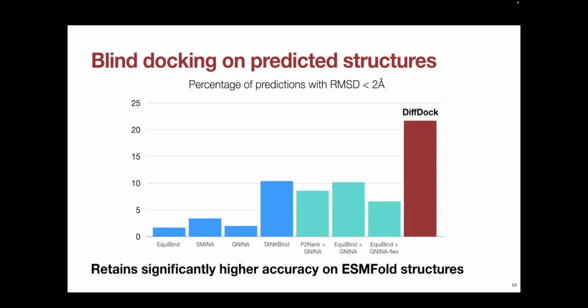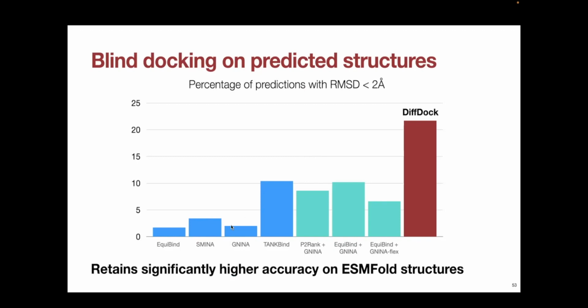We can also look at the performance on predicted structures. So this is in the setting where instead of feeding the ground truth bound structure, we're feeding the ESMFold generated structure. We feed the sequence of the protein into ESMFold, we get the structure, and then we try to dock the ligand to the structure. And as Anna said at the beginning, the traditional methods have also been shown in previous works, but we can also see here that they really struggle in this task. The success rate drops all the way to below 5%.